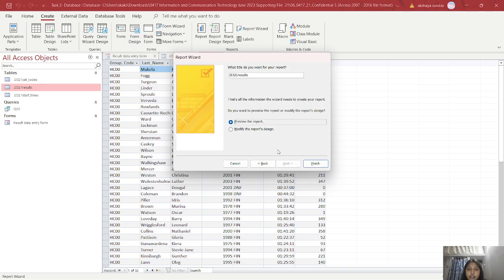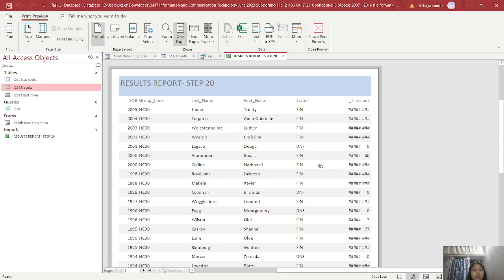Let me give next. I can name the report what I want. So just name it as results report step 20, right? So let's just write step 20 for me to understand which step this report is from. So let me just finish it. After I do this, this is how my report looks. Though my report is having all the data that I need,